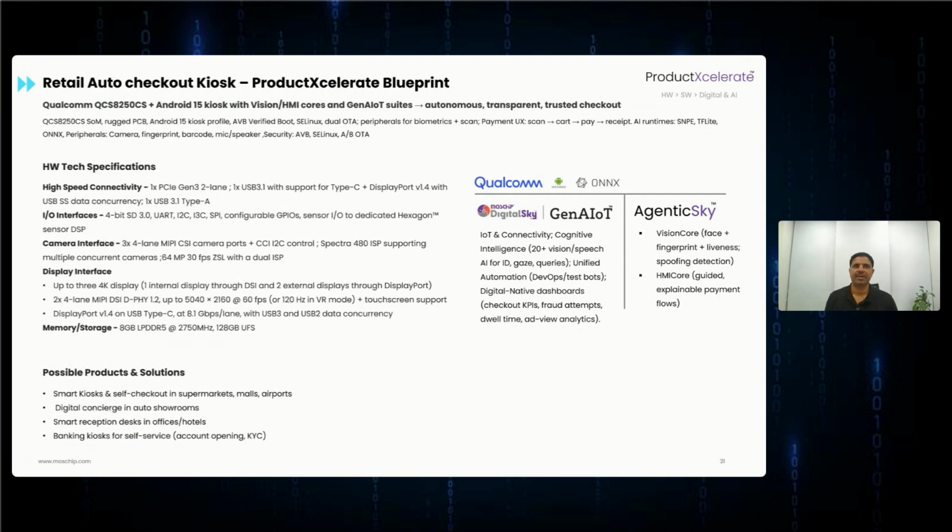And let me walk you through another blueprint which we designed at MosChip for the retail gear segment. This accelerator is built around Qualcomm's QCS8250 SoC, an Android 15 profile, and a ruggedized design engineered for high-speed vision and HMI applications. It supports the full retail transaction flow, scan to cart to pay to receipt, and is optimized for 24/7 operation